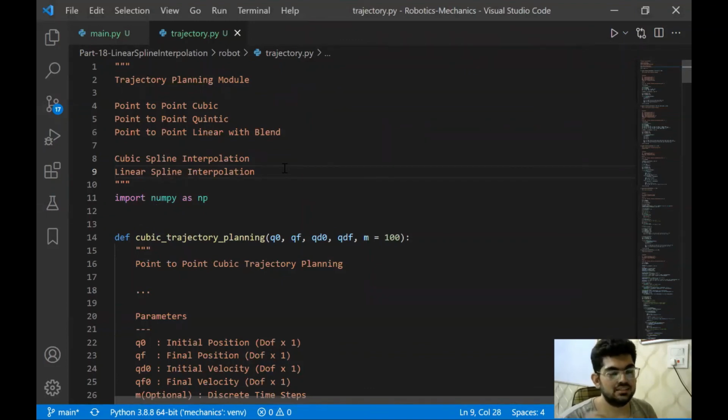The only thing that is left in trajectory planning is Cartesian planning. Currently, we have been working on joint space planning that plans the path from one joint position to another joint position. But in Cartesian planning, we need to plan trajectories from one Cartesian position, like the XYZ and orientation, to another Cartesian position, XYZ and roll pitch yaw.